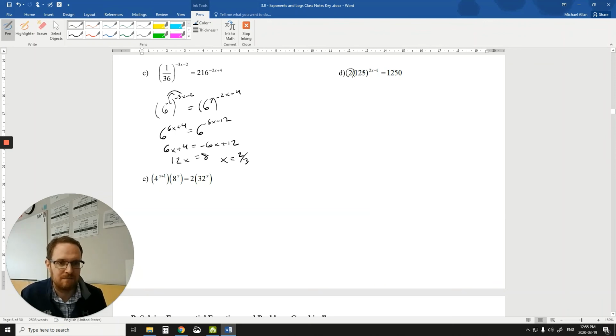Right. Now, if there's a number in the front, what you're going to do before, because I'm looking at this and thinking that could be a base 5, but there's a 2 here. And I can't combine a base 5 and a base 2 together. So maybe a smart way is to get this piece by itself first. So let's see what happens if I divide this 2 to the other side. So 1250 divided by 2, actually I'll just write that in there. I'm going to divide the 2 over, I get